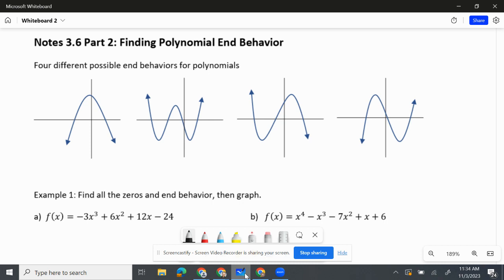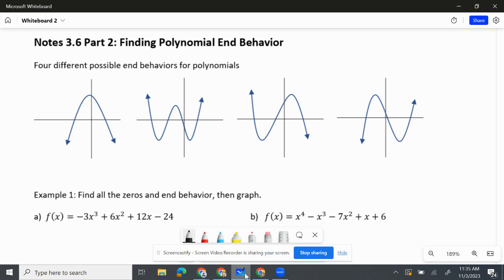What we're going to do is look at graphing polynomials. We looked last time at finding the x-intercepts. Now we're going to continue finding the x-intercepts and then move into graphing it. So before we move into solving the problems, when we're looking at a graph, there are 4 different types of